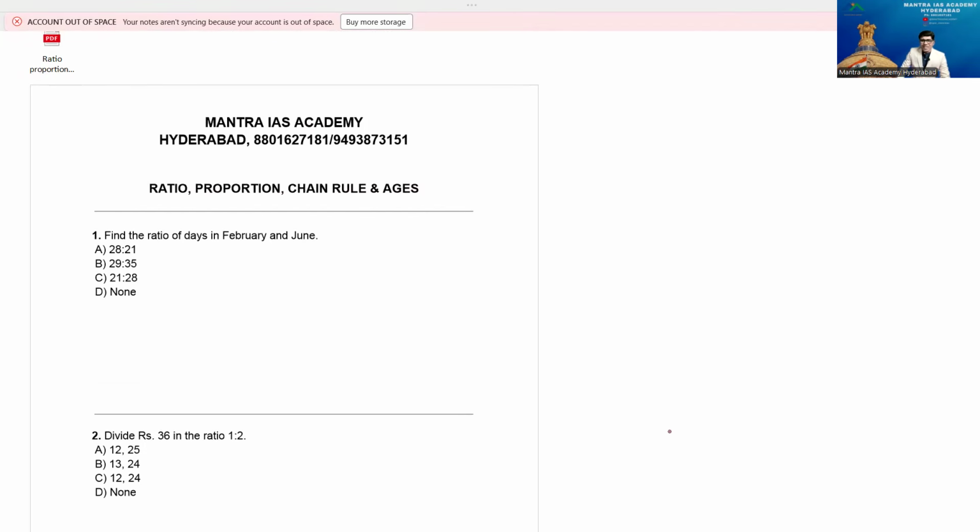The point is, what is ratio? That I'll start now. The fundamental point is this. For example, imagine the given ratio is 2:3. This is the ratio. So, will you please tell me what are those numbers?